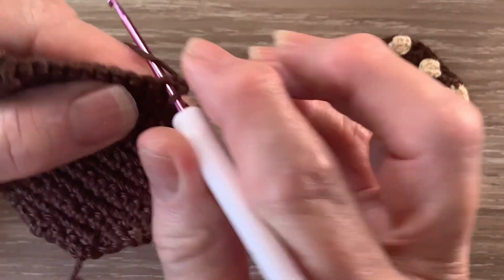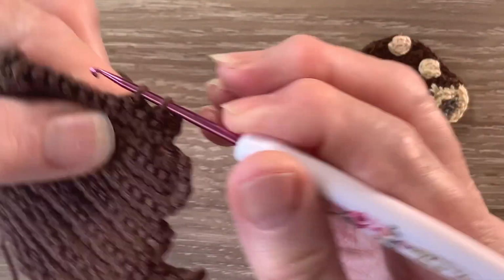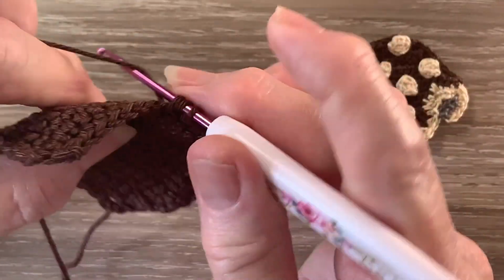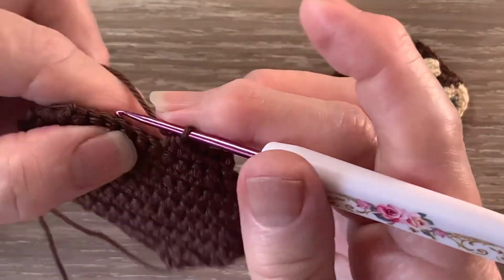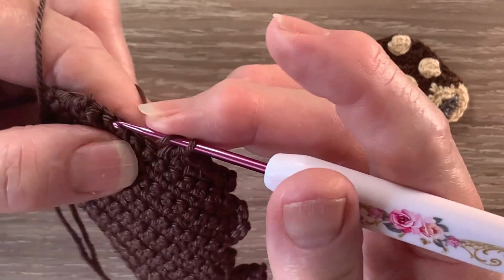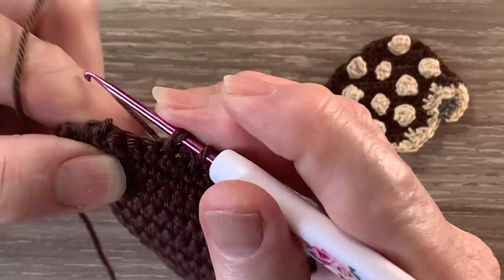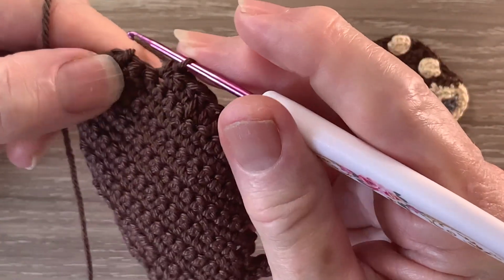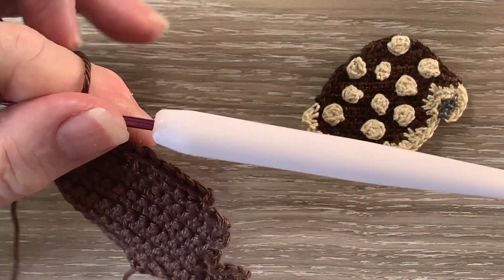We work a joined single crochet over the first 2 stitches, one single crochet into the next stitch, one half double crochet into each of the following 2 stitches, one double crochet into the next stitch. That's a treble using UK terms. Then one half double crochet into each of the following 2 stitches, one single crochet into the next stitch, and a joined single crochet over the last 2 stitches. And then we fasten off,